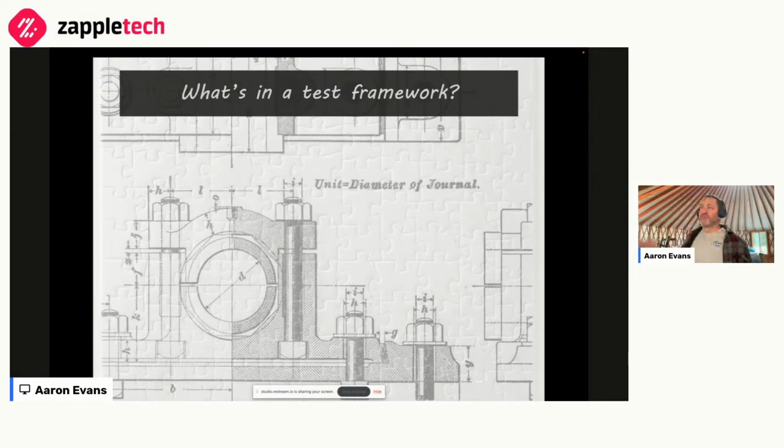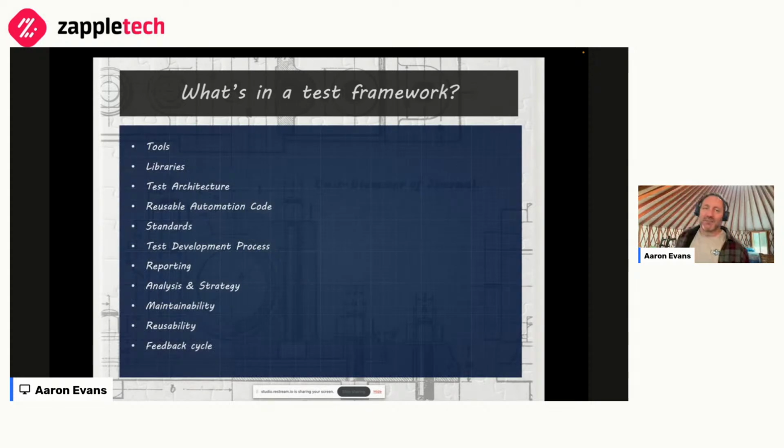So we've talked about a lot of different tools, but what's in a test framework? And I've alluded to not just what a test framework is, but that it's not just one tool. It's the way that these tools work together. It's the process of developing your automation, and it's the architecture of how you write and maintain your tests. And then lastly, how you execute them. That's why I make CI an important thing. Do you execute your tests locally? Can you execute your tests remotely? Can you execute them cross-platform in parallel? Can you execute a subset of your tests? I'm jumping ahead. So what's in a test framework?